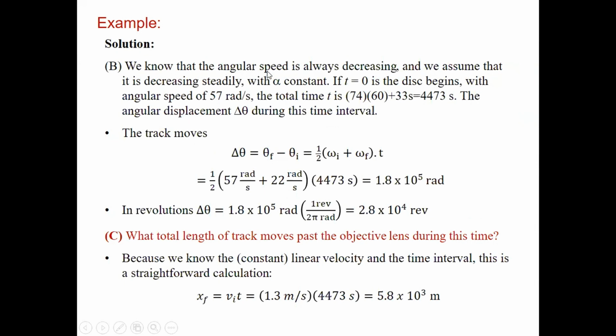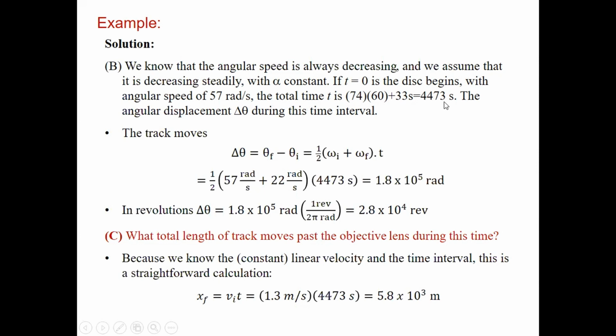Now we know that the angular speed is always decreasing, so we assume that the decreasing happens steadily with alpha equal to constant. The alpha is the angular acceleration. If at time t equal to 0, the disk begins with the angular speed of 57 radians per second, then the total time t is 70 into 60 plus 33 seconds,